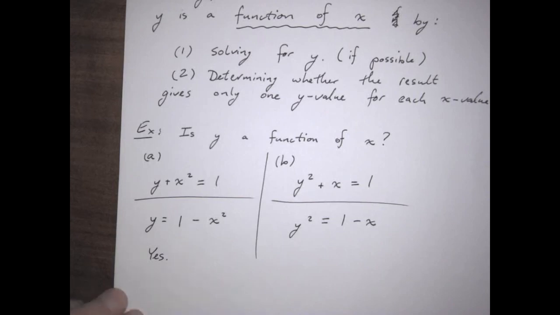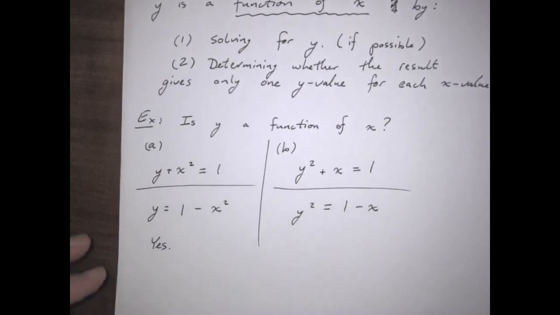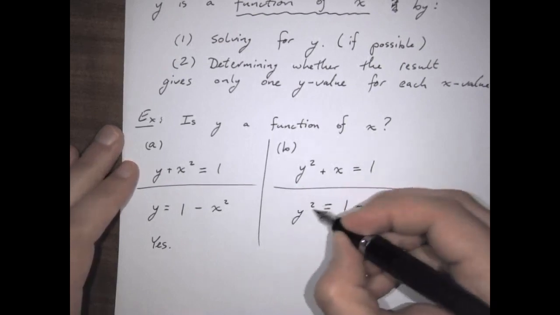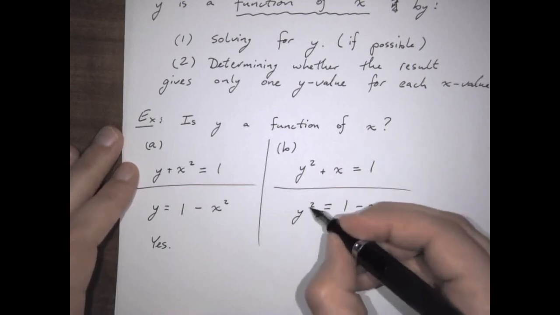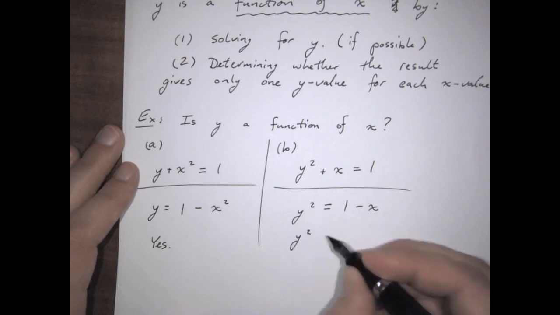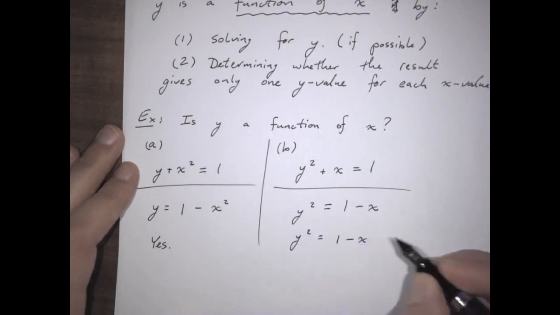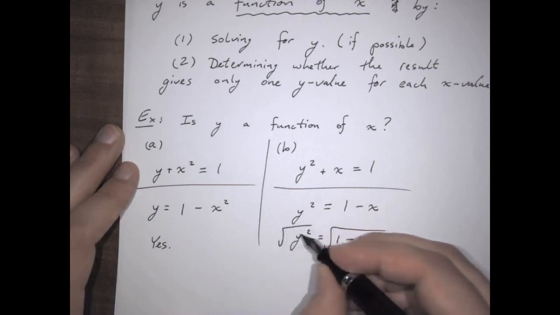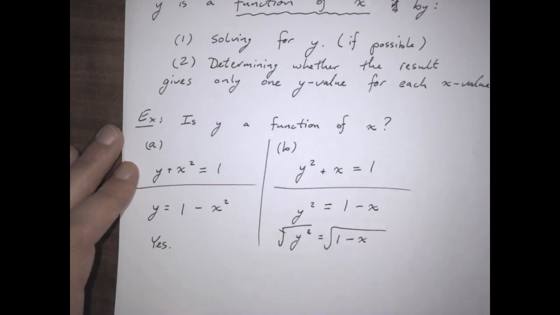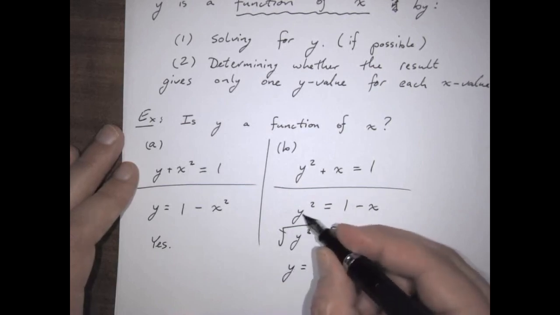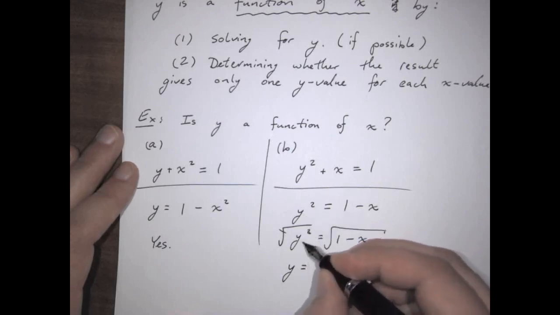Now, the y is not yet isolated. To isolate the y means to get rid of everything around it, whether it be a coefficient or, in this case, a power. So we will undo the square by taking the square root. However, when that happens, these do not actually cleanly cancel out the way you might be thinking. We have to be very careful about this, because if y gets squared and then we take the square root,